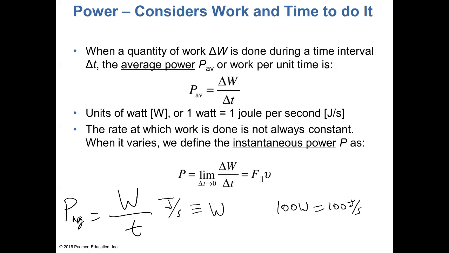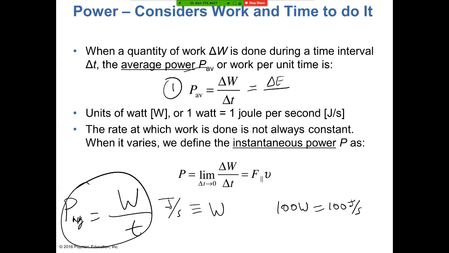So we have kind of two equations. Here's equation 1, which is the amount of work done per time, which can also be represented as change in energy over time, or amount of energy over time, right? But you can also calculate that by